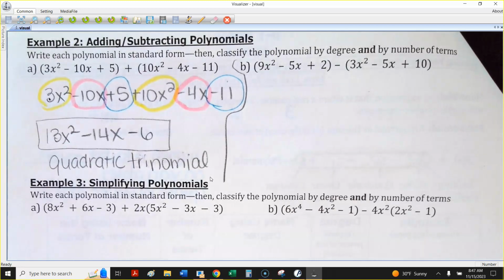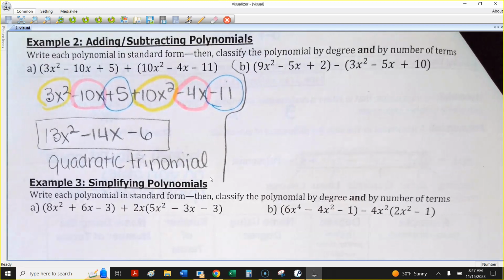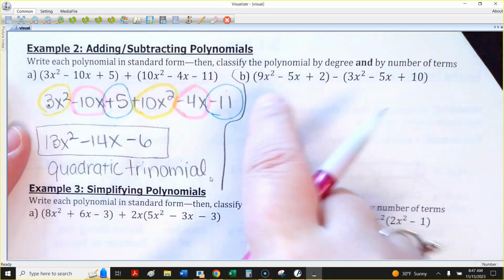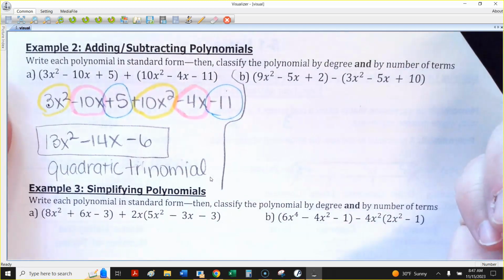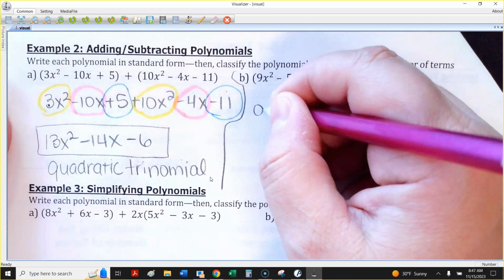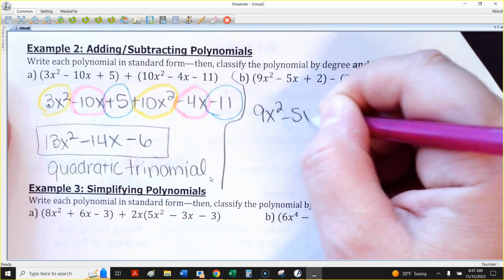Now, if you are subtracting polynomials, this is a little trickier. If you don't have anything in front of the parentheses, like I don't on that first polynomial, 9x squared minus 5x plus 2, I would just drop them. Just 9x squared minus 5x plus 2. Now,